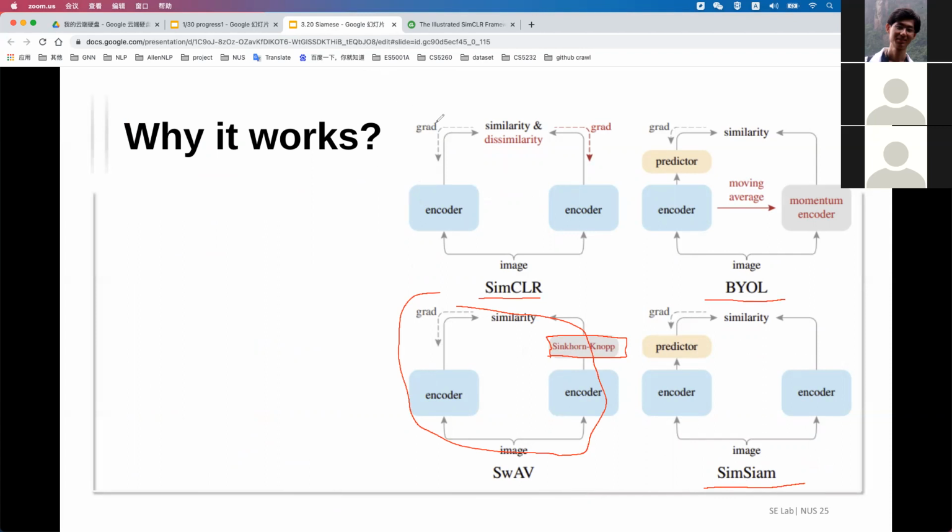You can see that the first thing we remove is the stop gradient. Here is the gradient, so we just remove this. Another part is that we don't use the negative samples. We don't count the dissimilarity like this and this. And we don't need to have the momentum. We just share the same weights of the two encoders. The two encoders just have the same weight. It's okay. So SimSiam simplifies SimCLR and BYOL.